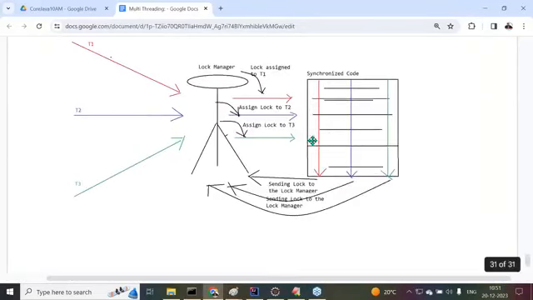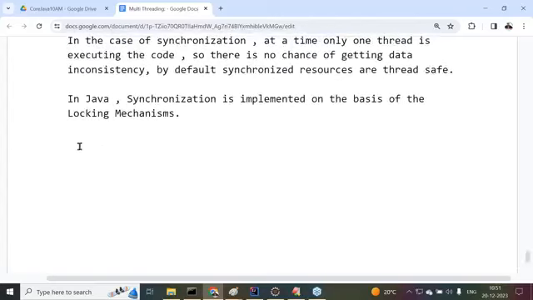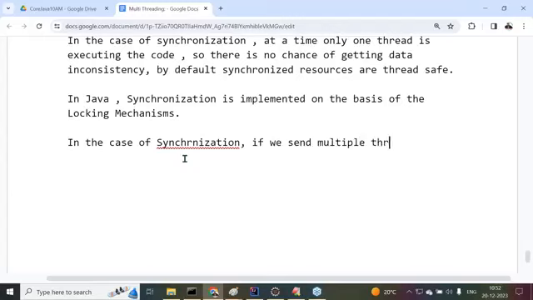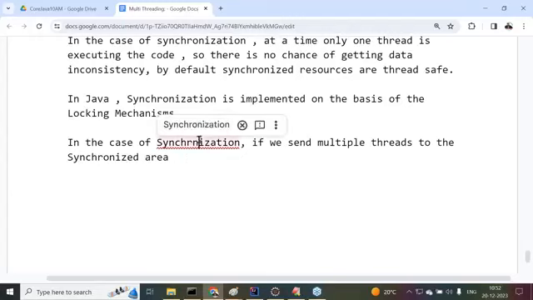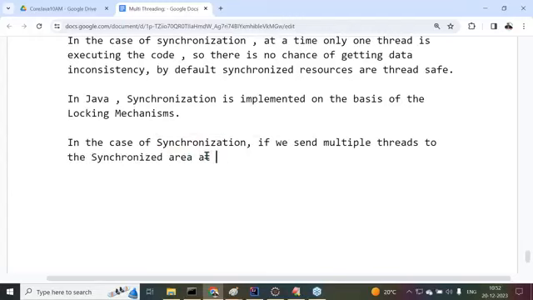All right, now I'll give some points also, a few points I'm going to specify here. In Java, synchronization is implemented on the basis of the locking mechanism. Okay, fine. Now observe carefully, what is this locking mechanism? What is going to happen there? In the case of the locking mechanism, or in the case of synchronization, if we send multiple threads to the synchronized area at a time,